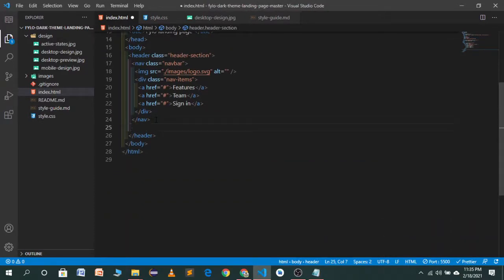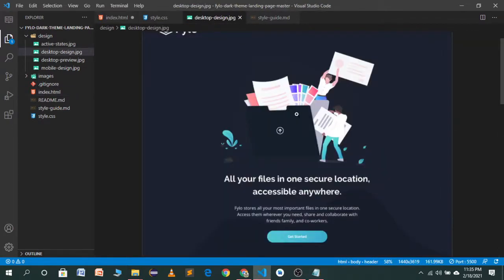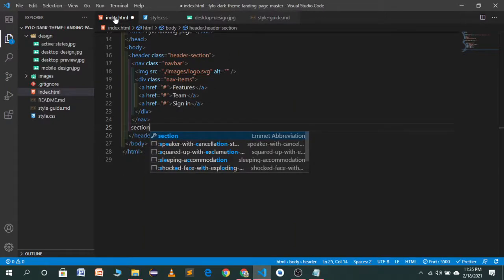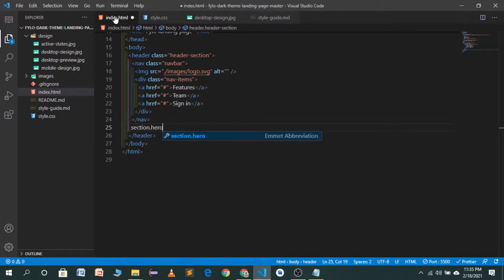Under the nav we have an illustration image, then we have a heading. So give this section a name of section dot hero-section, because this is a hero section.